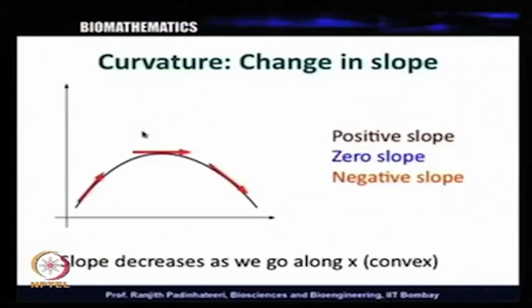So, let us quickly have a look at what we discussed about curvature in the last lecture. The lecture title is Differentiation and its application, and the thing about curvature we learned was that if you have a convex curve, a curve which looks like an inverted U, the slope goes from positive slope to 0 slope to negative slope. So, the slope is basically decreasing. So, the derivative is decreasing,